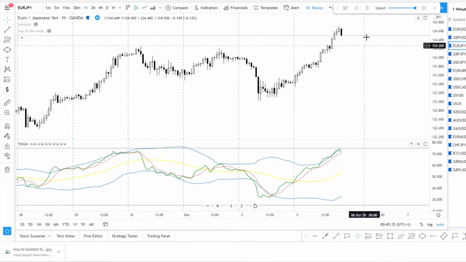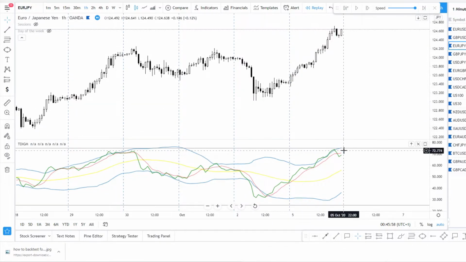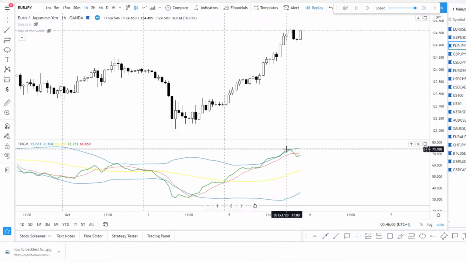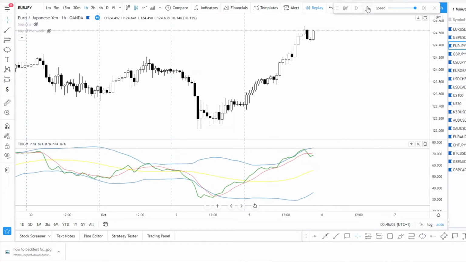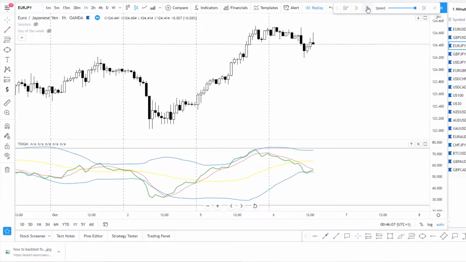It can be just one candle, and you don't have to hold it on 1 to 1, but it's better, because if you don't hold it to 1 to 1 risk to reward, you close it with only a few pips, and then in the next trade you let it run to hit your stop loss in 1 to 1, and that is not good money management. And now we can see a strong move, but it's not above the blue line, so let's wait.